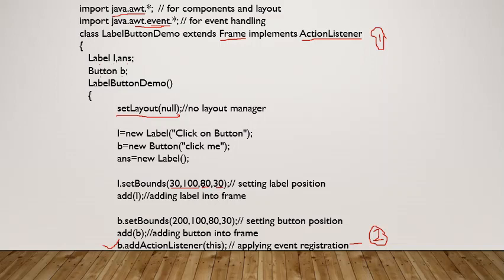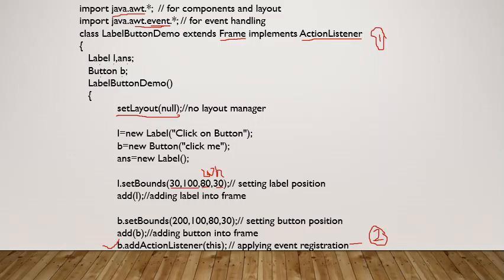So the first two values indicate the x and y coordinates, the third one indicates the width, and the fourth one is the height.